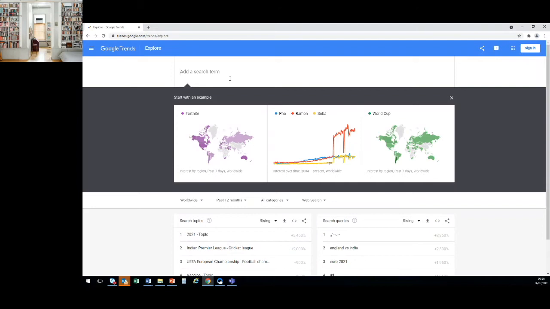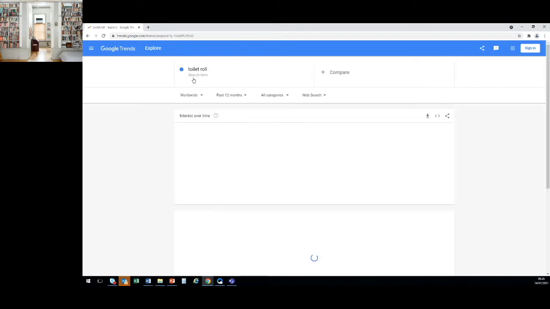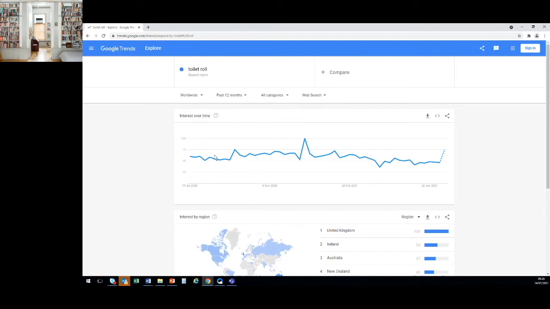For example, I would like to search toilet roll because it will return some interesting results. So toilet roll, I just use it as the search term. We can see how popular toilet roll has actually been searched on the Google search engine over time.